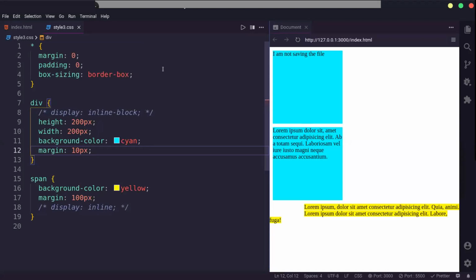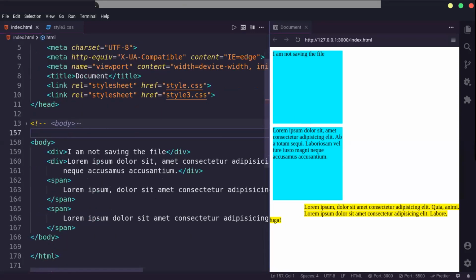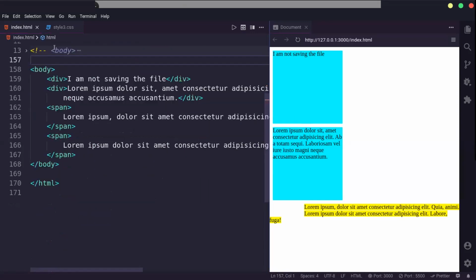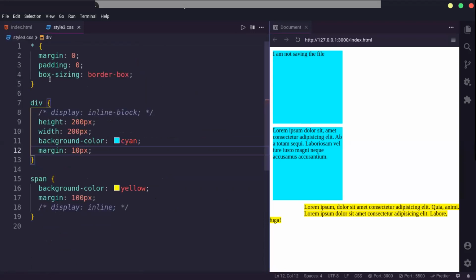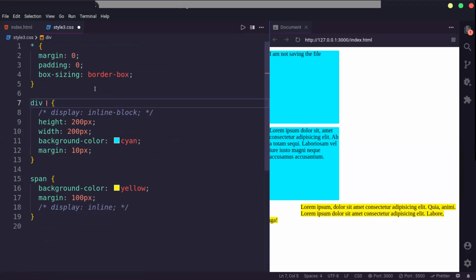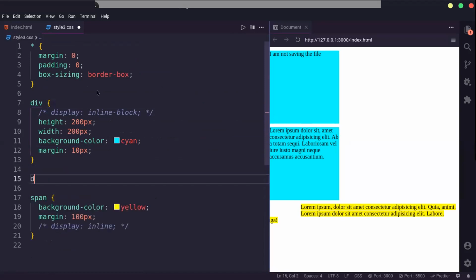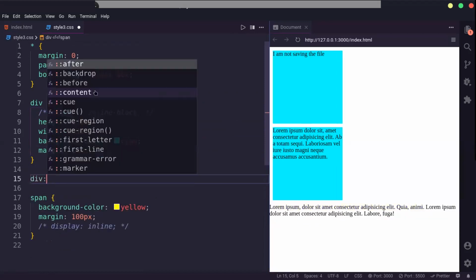Also, I was going to discuss Z index. So Z index is basically if I make the first div. Z index only works on non-static elements, as well as elements which are children of a parent with display property as flex.